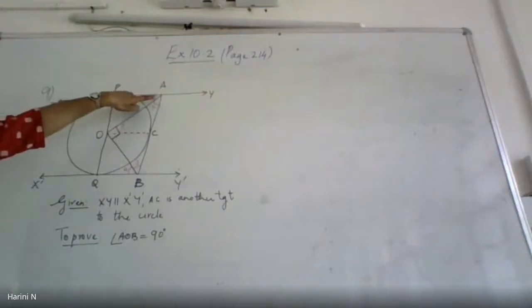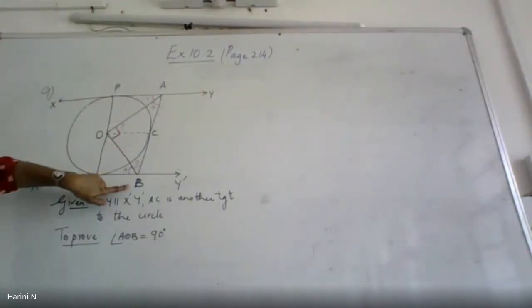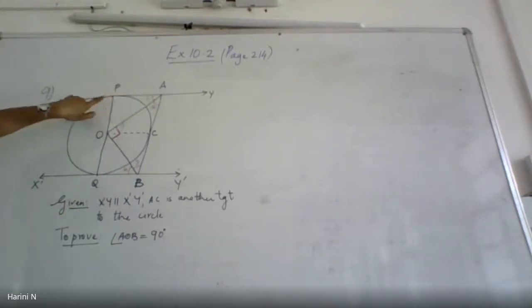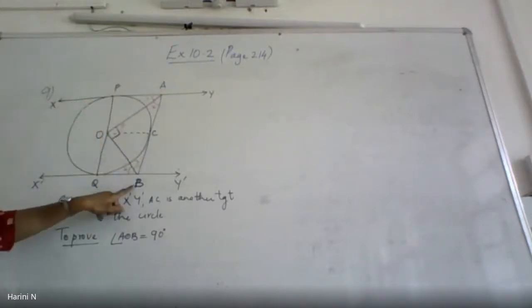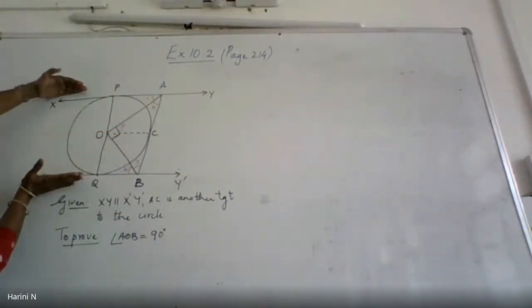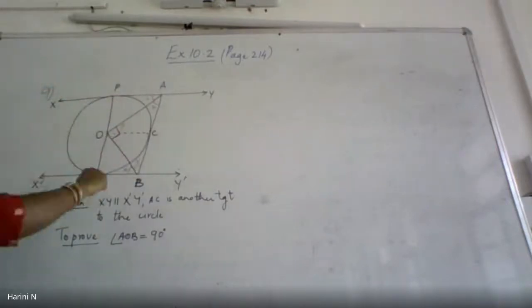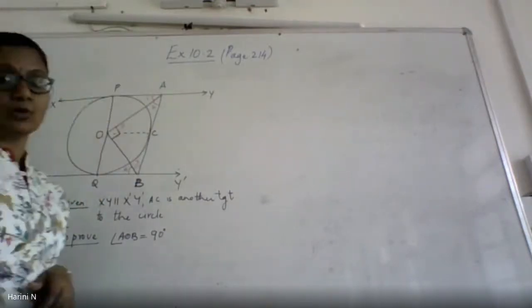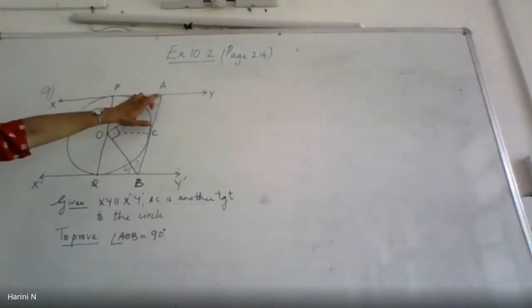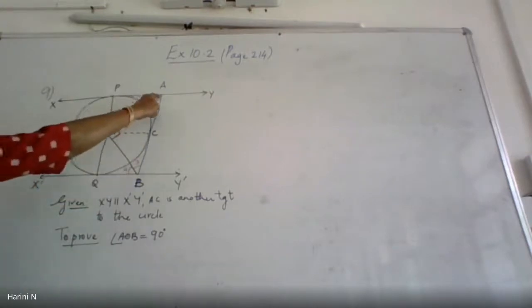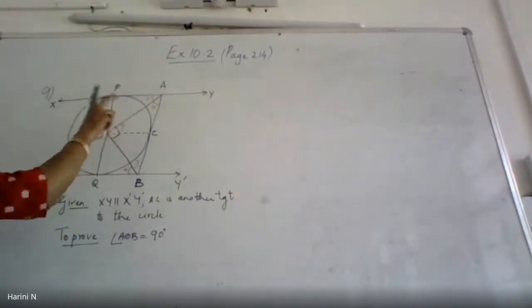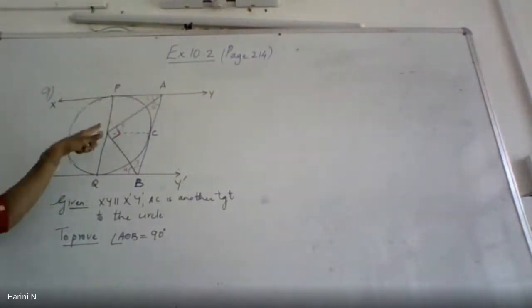So there are two things that we know when two tangents are drawn from an external point to a circle. Now I'm going to concentrate on the points A and B. From A, you can see there are two tangents drawn, AP and AC. Similarly, from B, it is BQ and BC. If A is the external point with respect to this circle, from A you can see two line segments touching the circle at P and C. So AP and AC are two tangents from the point A to the given circle.